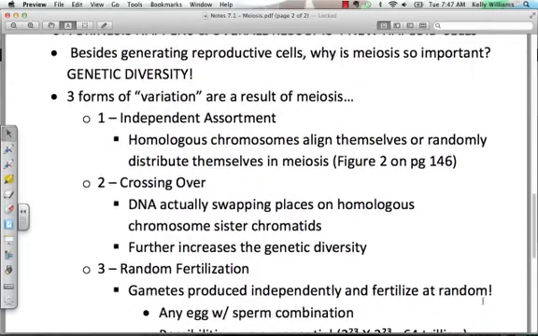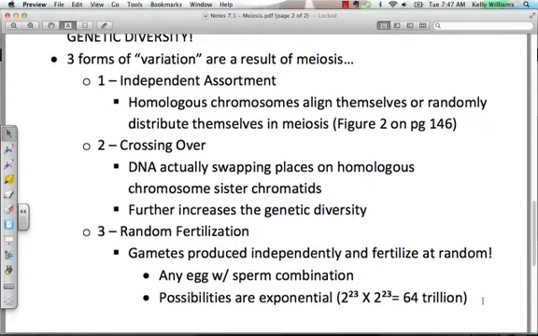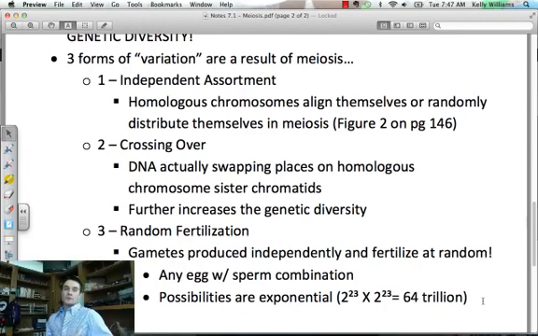All right, as for some genetic variation here, some genetic diversity, there's a few things we need to touch on. The first being homologous chromosomes and independent assortment. We've defined this on our